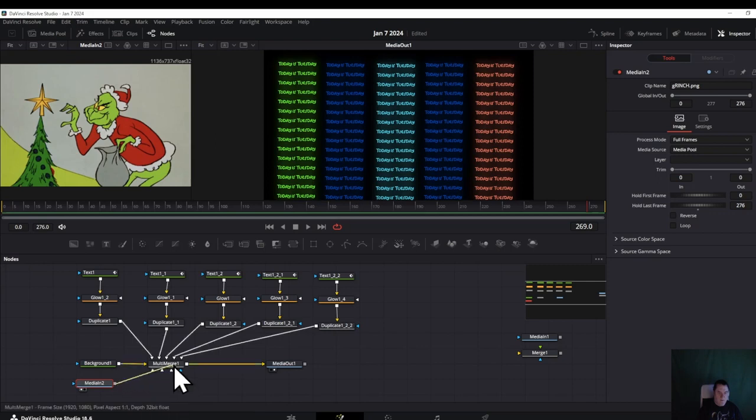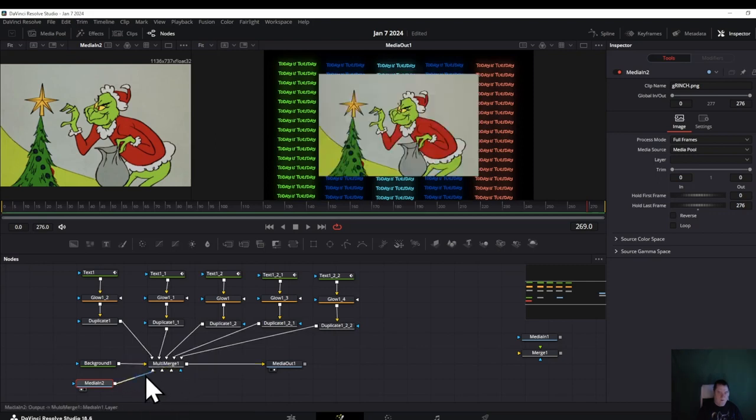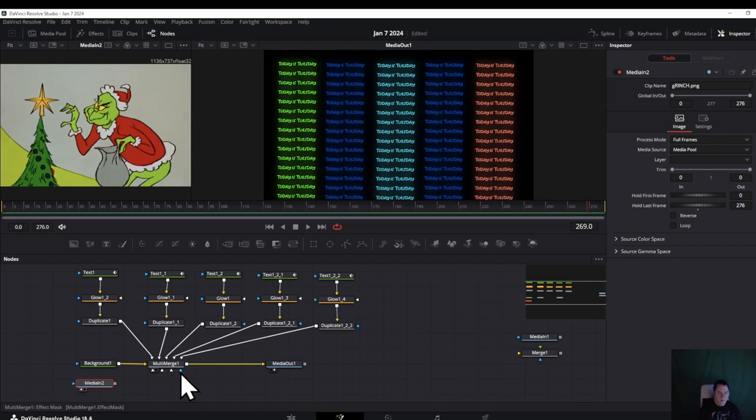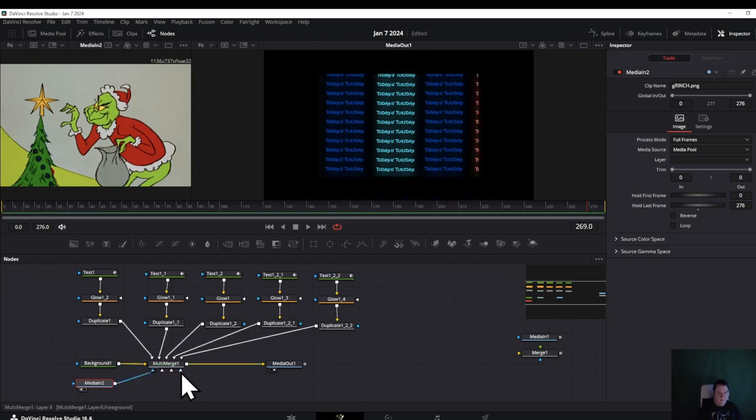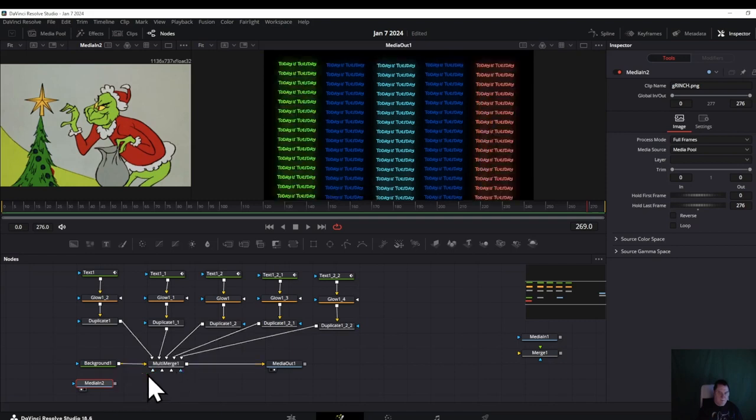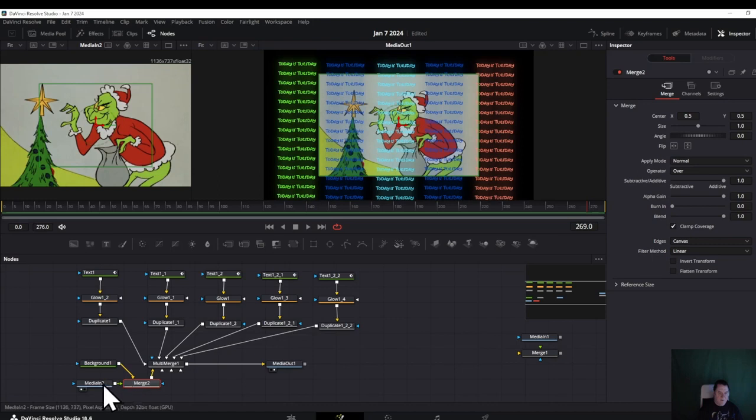What if we tell it to put it where it thinks it needs to be? It still puts it on top. So these should be identifiable. This is the effect mask. So I'm going to see if I can put it in the effect mask, and it automatically puts it back over where I don't want it. So the proper way for me to accomplish what I want is going to be connect that to there. It's going to send this to a merge, this to the same merge, and then the merge into there.